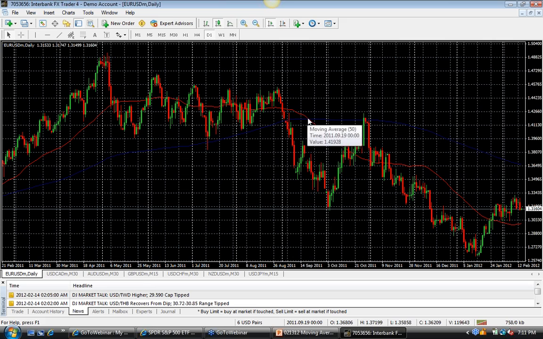So you can see that in September of 2011, 4 or 5 months ago, the red line crossed down over the blue line. What does that mean? That means two things. It could mean an exit for people who are long, and it can be an entry for people who want to get short. So the entry would be, if the 50 crosses down over the 200, most people will use that as a system to get short whatever pair they're looking at. They would short, in this case, the euro versus the United States dollar.